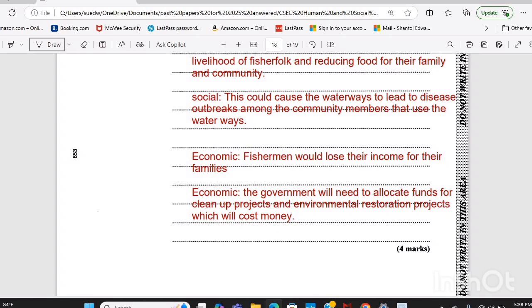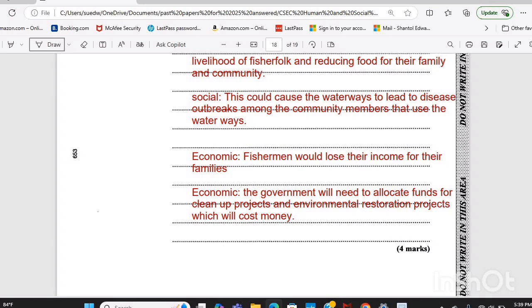Economic, you know, when you hear economic, it's talking about the money. The fishermen would lose their income for their families because they're not able to sell the amount of fish that they usually would, right? And maybe there is a stigma against eating fish from that river once they realize that it is so heavily polluted. So that could cause them some economic embarrassment. And another reason is that the government now, once all of this pollution is in the waterway, the government will need to allocate funds for cleanup projects and environmental restoration projects, which will cost money. So if the campaigns to clean up this environment is going to cost the government money,